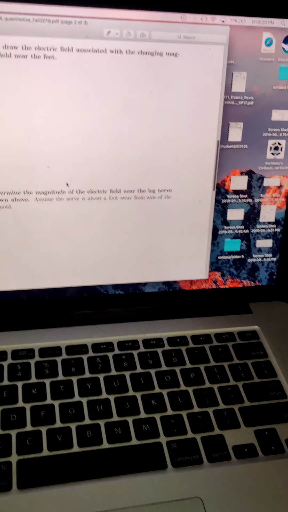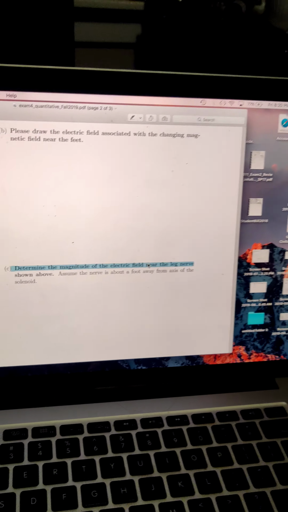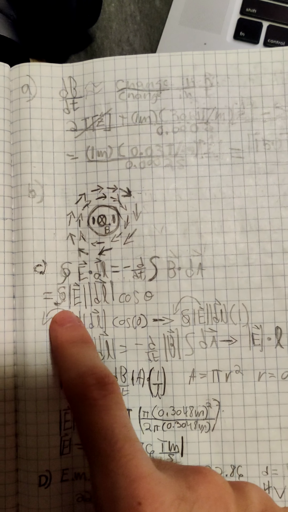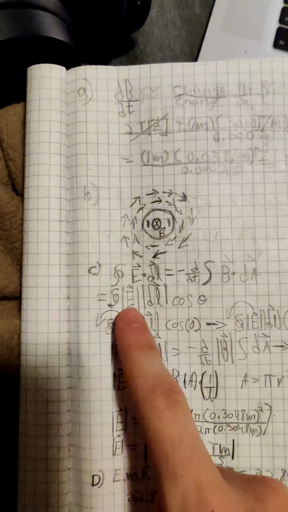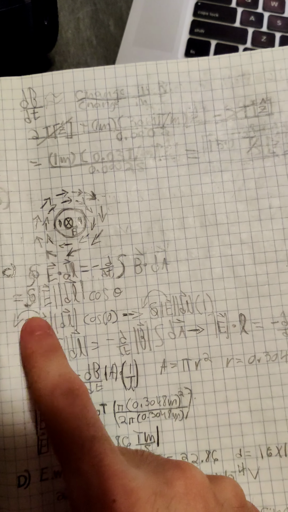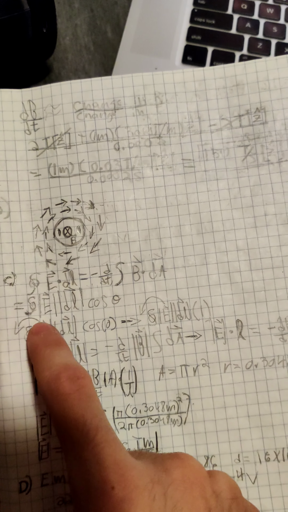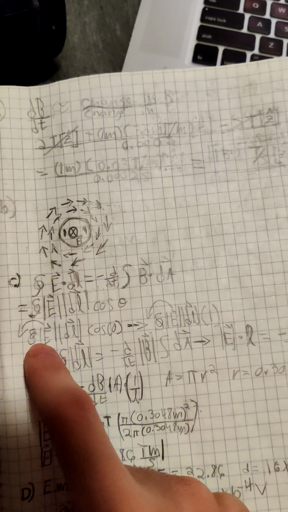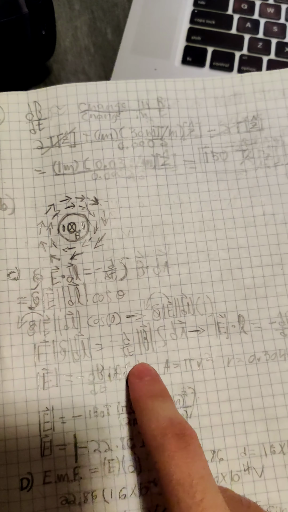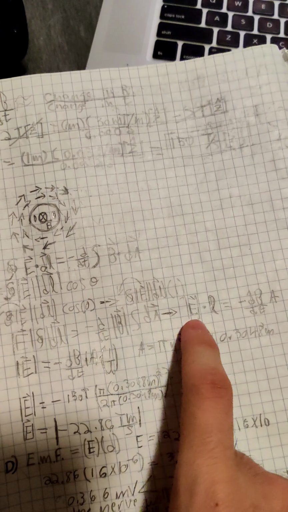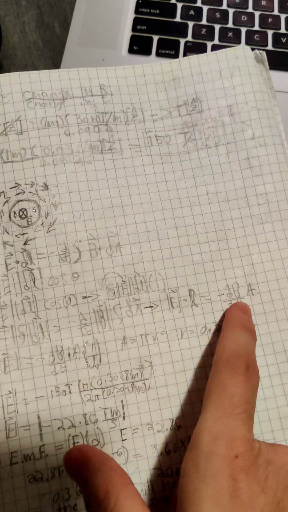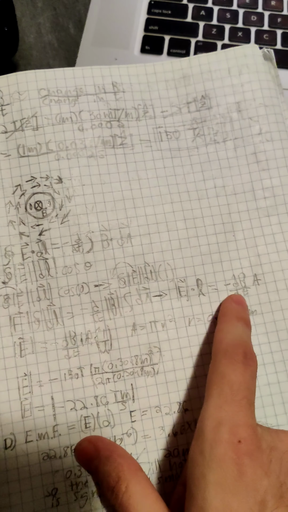So for part C, it's asking to determine the magnitude of the electric field, and so I just used Faraday's law, and so I was able to get rid of the dot product, right? And then I got E out of the integral. So then this is what I ended up with, E times length, which is equal to